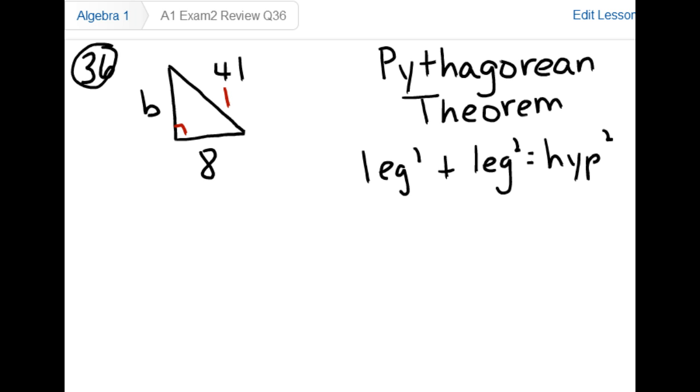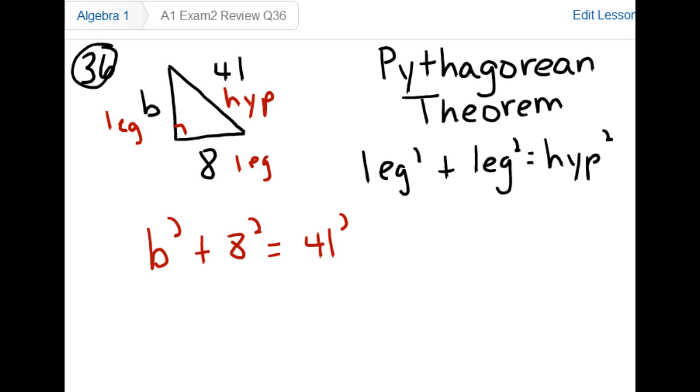So remember, the hypotenuse is always the longest side. It's opposite the right angle. And then the other two sides are legs. So leg squared, b squared, plus the other leg squared would be 8 squared equals the hypotenuse squared. So b squared plus 64 equals 41 squared, which is